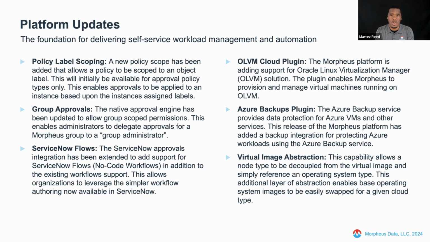This is adding a new scope for various concepts within the policy architecture. In this case, what's being added is the ability to reference a label. Label is the concept, in the case of an instance, that is associated with it. In previous releases of the Morpheus platform, it has been leveraged for things like dynamic automation targets, or the ability to execute automation against a workload based upon a label, a piece of metadata associated with that instance. This extends upon that similar capability, in which a label can now be used for scoping approval policies